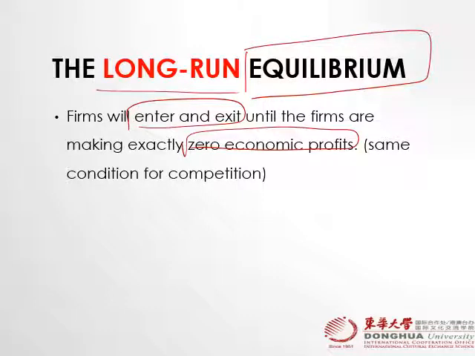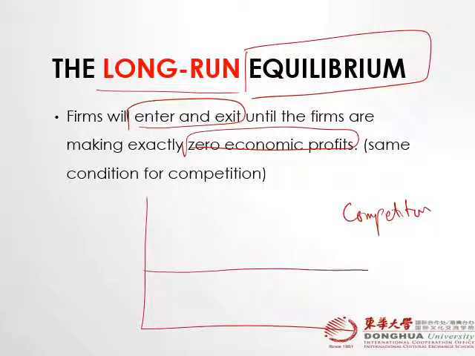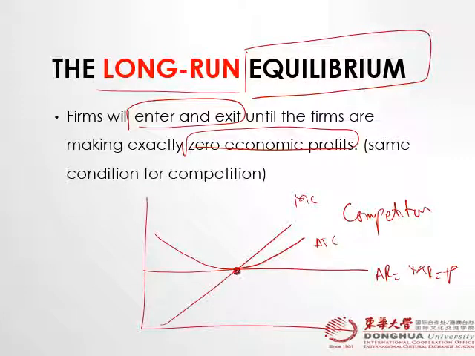Same condition for competition. But do you remember the condition for competition? We face a horizontal demand curve, and what is that curve? It is equal to AR is equal to MR is equal to P, and then we talk about that this is ATC and this is MC, and that point is equal to MC is equal to ATC. So everybody is producing here,